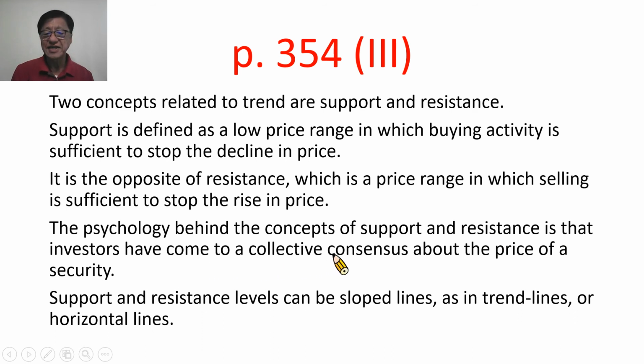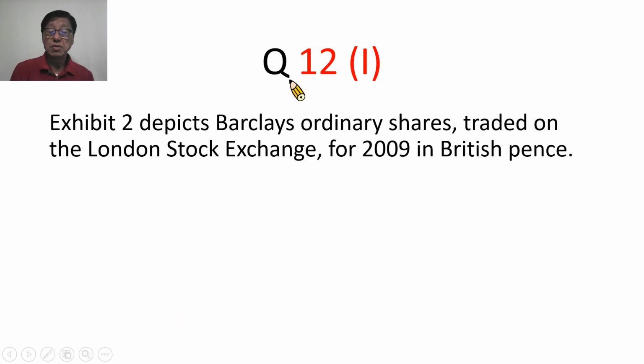The psychology behind the concepts of support and resistance is that investors have come to a collective consensus about the price of a security。他说支撑带与压力带观念后面的心理学是说，投资人对于这个证券的价格形成了集体的共识。Support and resistance levels can be sloped lines, as in trend lines or horizontal lines。支撑带与压力带可以是斜线，就好像趋势线一样，也可以是水平线。我们看看第12题，他说 Exhibit 2 depicts Barclays ordinary shares traded on the London Stock Exchange for 2009 in